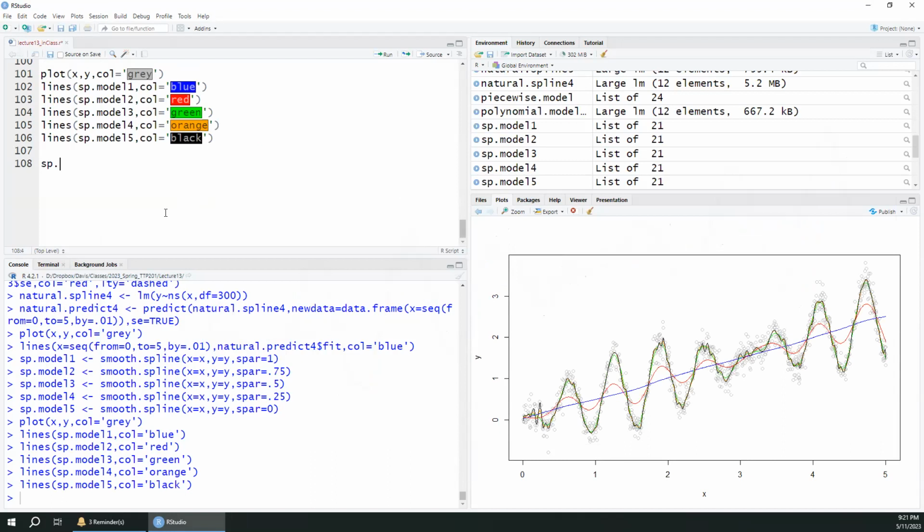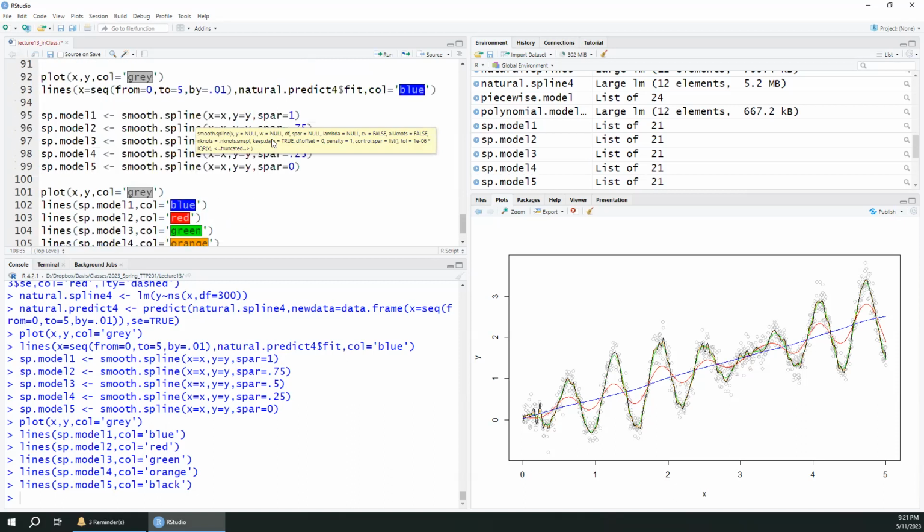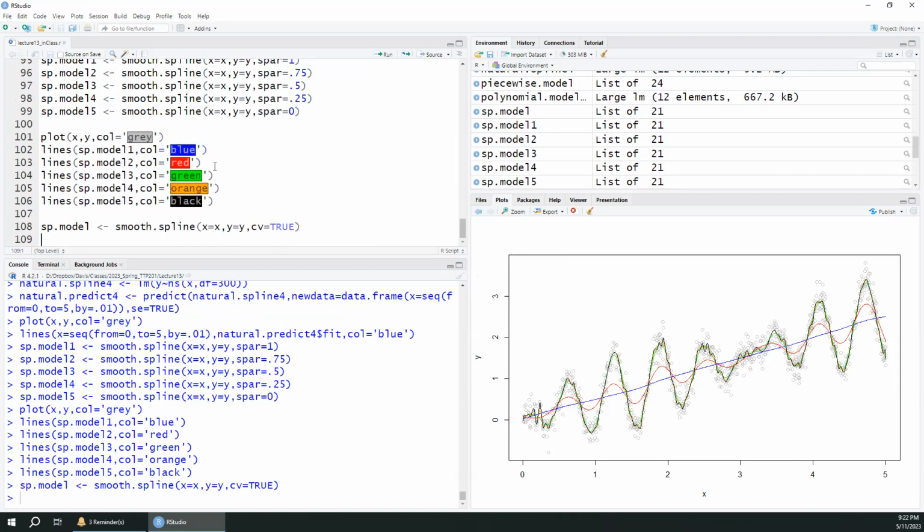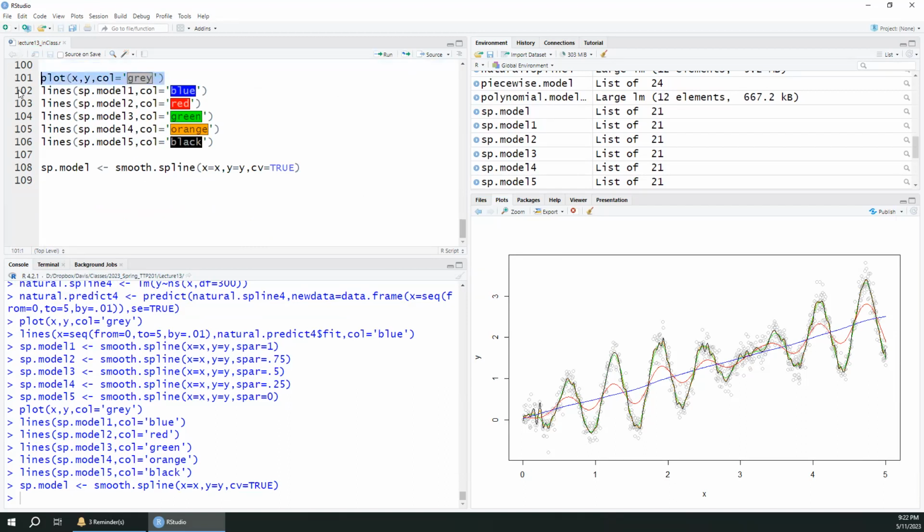And so to run our smooth spline model, we can do something like this. X equals X, Y equals Y, and then instead of setting the tuning parameter, I say CV equals true. So it's going to figure out what the best tuning parameter is using a cross-validation procedure, which we enable by having CV equals true. And I go ahead and run this,